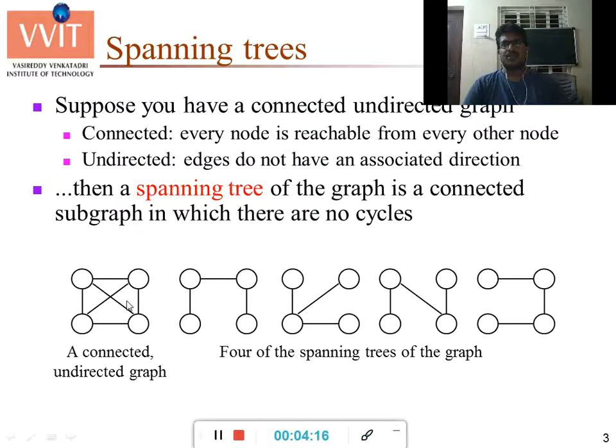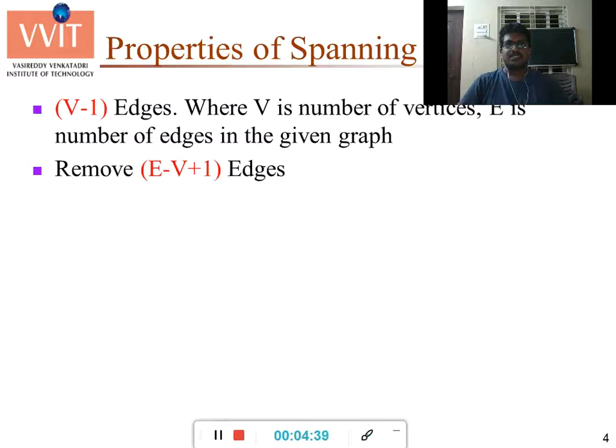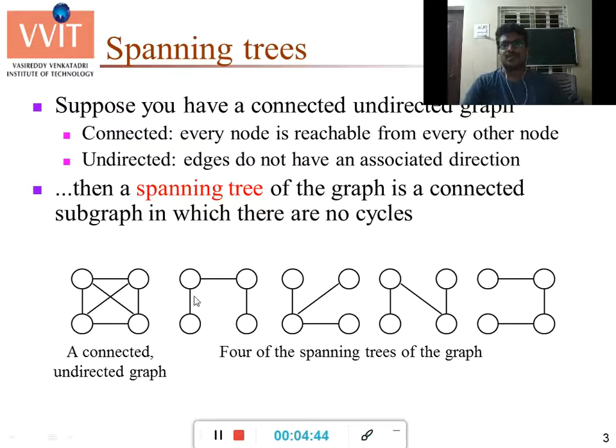Now the property is we have to remove E minus V plus 1, that means 6 minus 4 plus 1, which is 3 edges. So here 1, 2, 3, 1, 2, 3, 1, 2, 3, 1, 2, 3. So it obeys property 2.